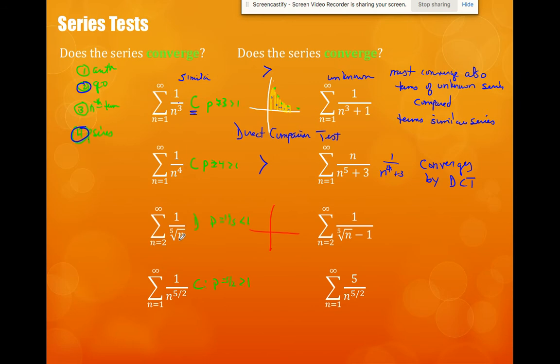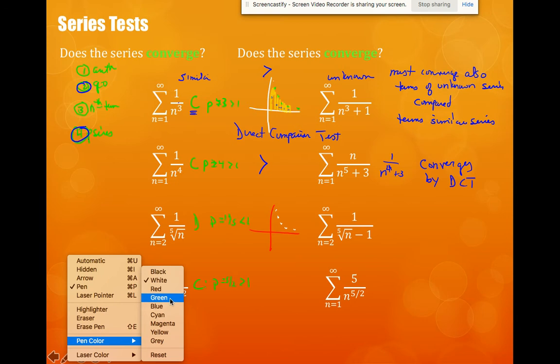One over n to the 1/5 is a divergent series. The terms go to 0, but they don't go to 0 fast enough for the sum to converge. However,